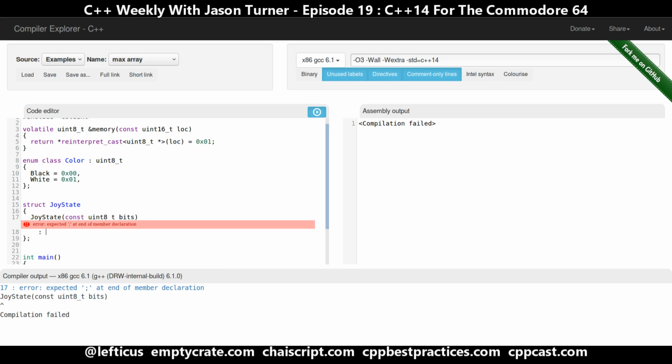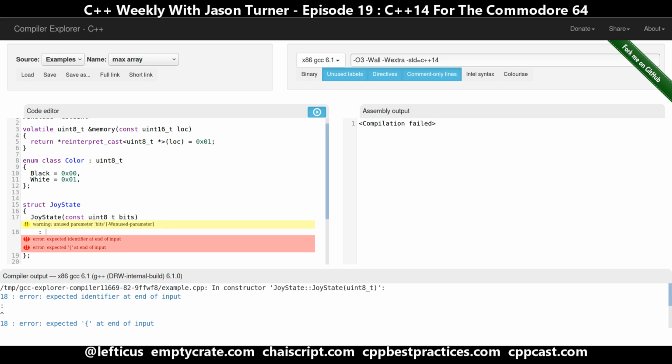And now what we have for the joystick state on each port of the Commodore 64 is that if the bit is set to 0, then that state is true. So we have up is bit 0, down is bit 1, left is bit 2, right is bit 3, and